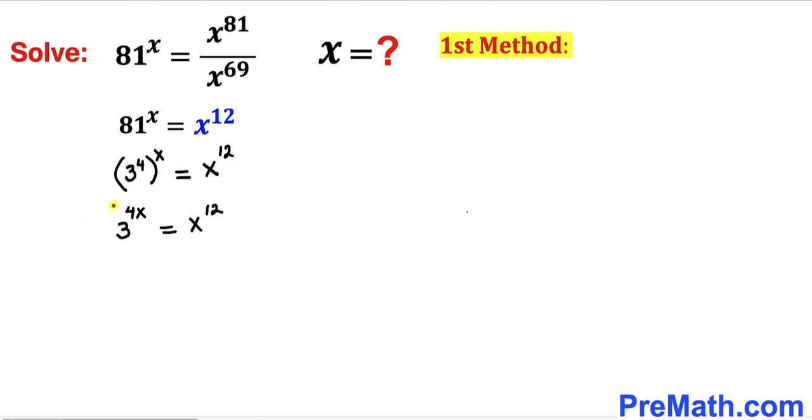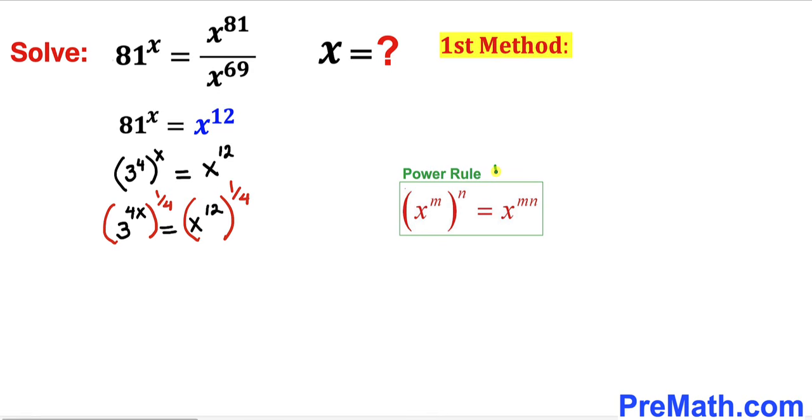In this next step, I am going to take power 1/4 on the left hand side, and likewise power 1/4 on the right hand side as well. Now we are going to apply the power rule of exponents once again on both sides of this equation. On the left hand side, 4x times 1/4 gives us simply 3^x equals, and on the right hand side, x^12 to the power 1/4, 12 times 1/4, gives us